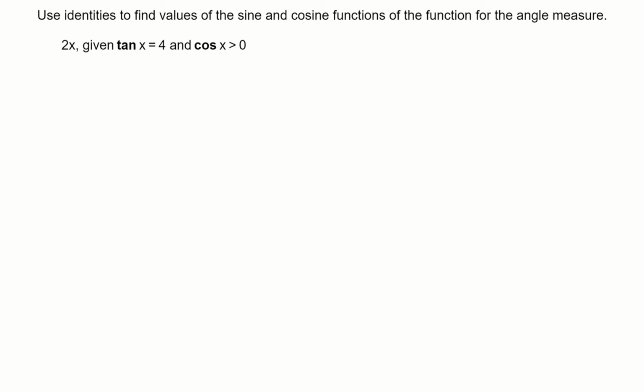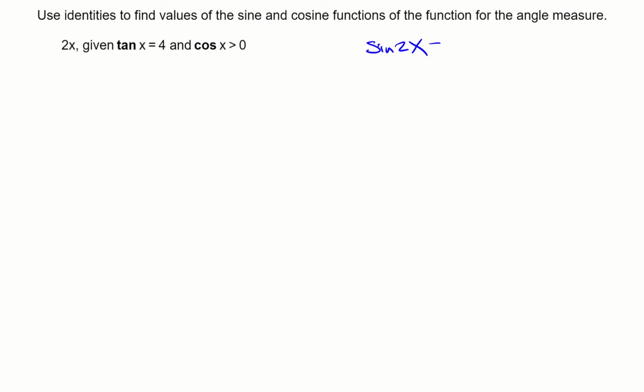Hello everyone. In this video, we're going to be utilizing identities to find the sine and cosine for the double angle 2x, given that tangent of x is 4 and the cosine of x is positive. So basically, we need to know our double angle identities as a starting point to see what we actually need to find. So we know that for sine